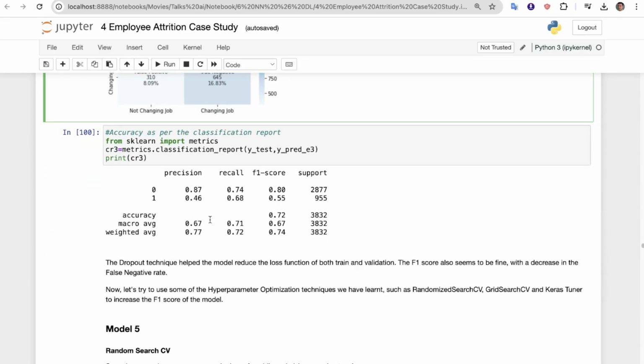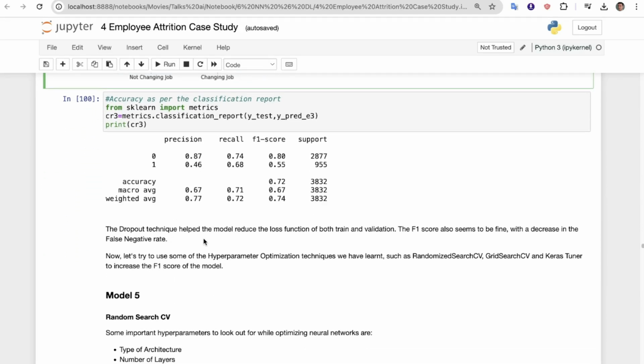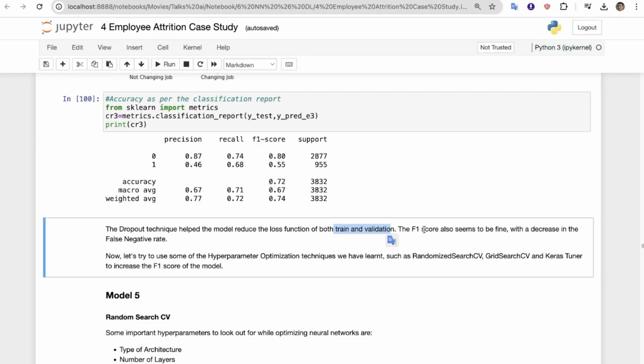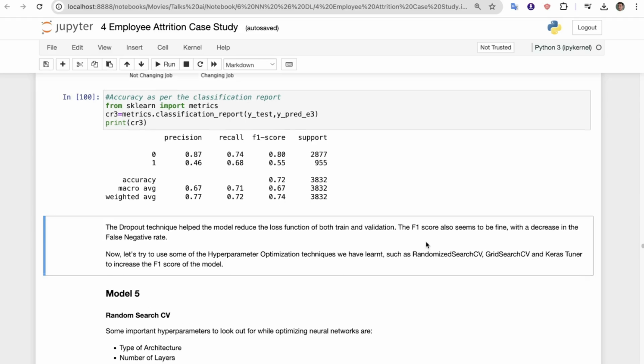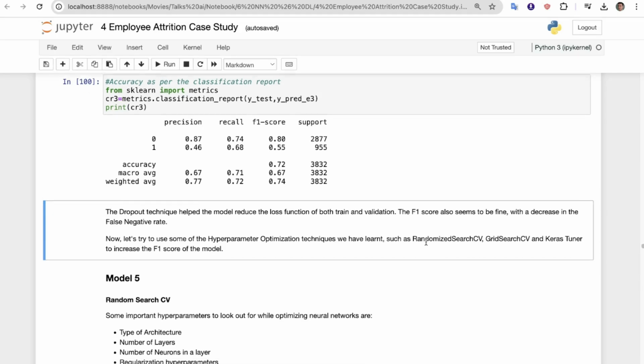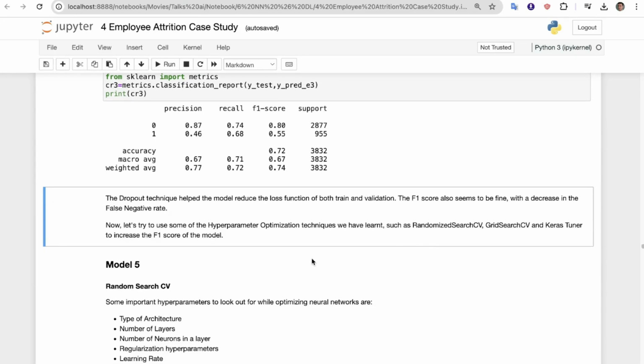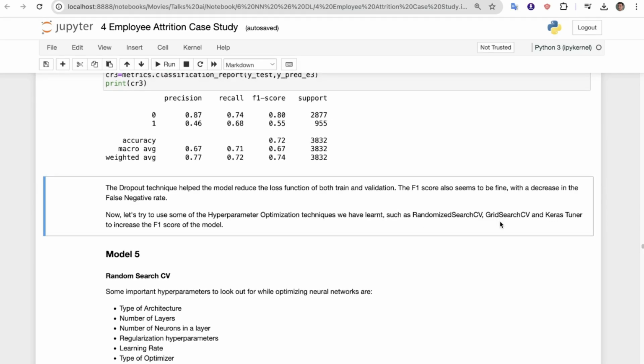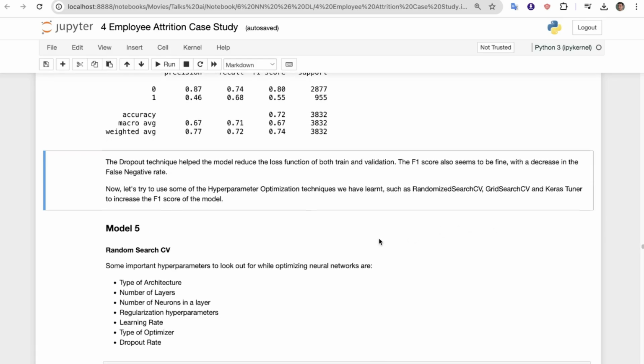And for the classification report, the dropout technique helped the model reduce the loss function of both train and validation. The F1 score also seems to be fine with a decrease in the false negative rate. Now let's try to use some of the hyperparameter optimization techniques we have learned, such as random search, grid search and Keras tuner, to increase the F1 score